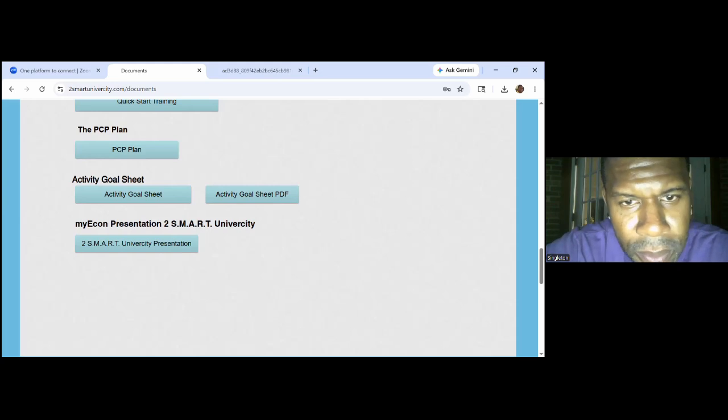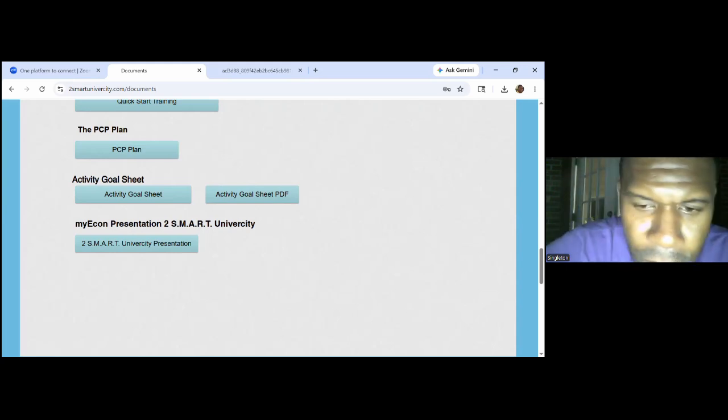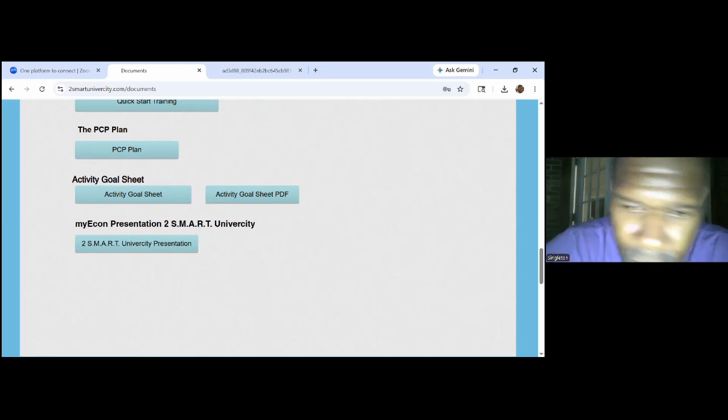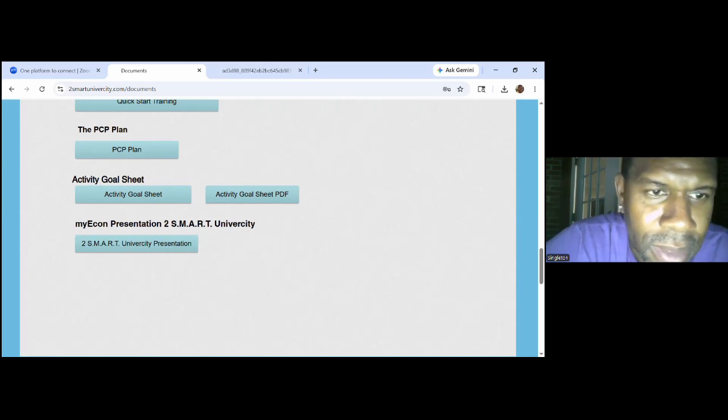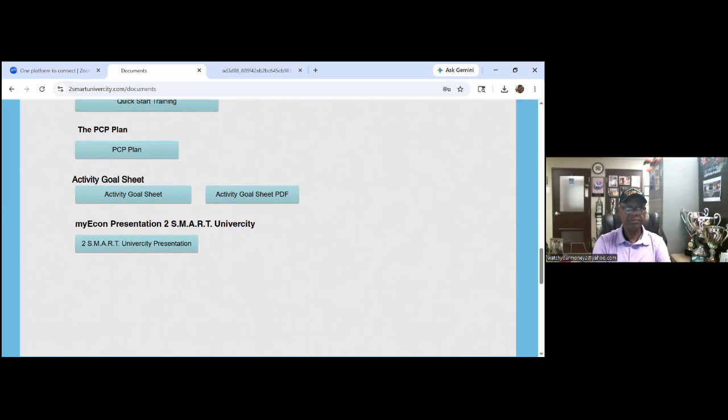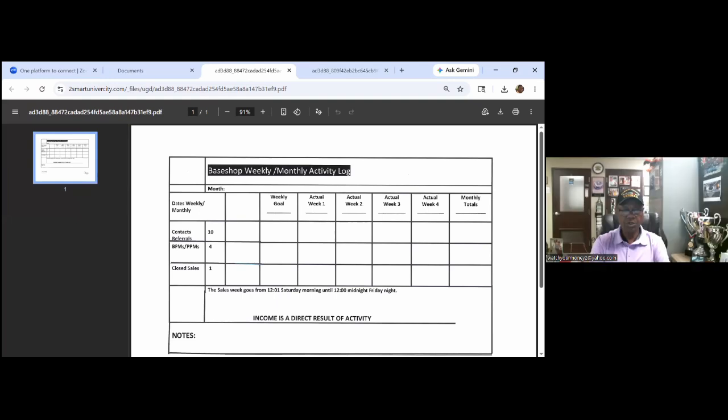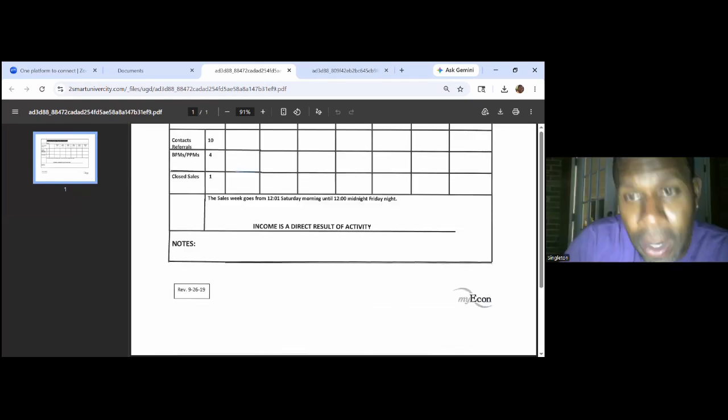And I guess like the PDF, that's something if you want to just take it and print it out, have hard copy sheets on hand for yourself. Or you could do it online like the one I did, for a Zoom presentation, so people can see it. Click the PDF. So you would just print this out and do it manually if that's what you want to do, if you're computer illiterate, like some of us. Or I know some people like to have that hard copy on them. Some people might just be old school.